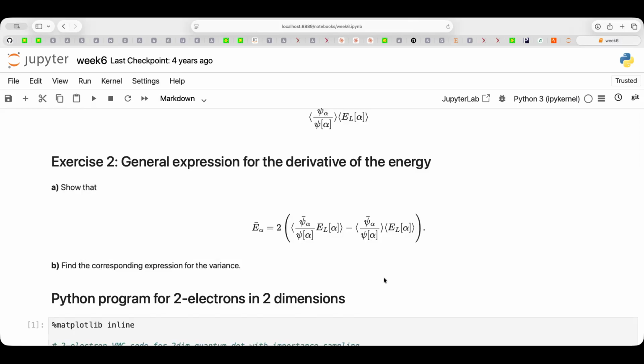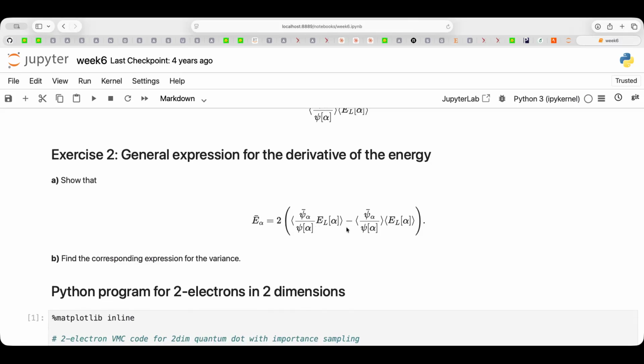So what we did before the break was to develop the equation for the gradient. And this is now another way of writing it compared to those PDF files which you saw before the break. And these are the integrals which we need to evaluate. So we have this integral where we transform this one, which is a derivative of the wave function, in terms of a derivative with respect to the parameters of the log of psi. Here we have an integral with the log of the wave function and multiply with the expectation value of the